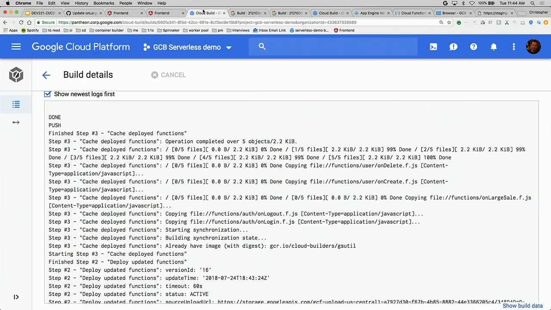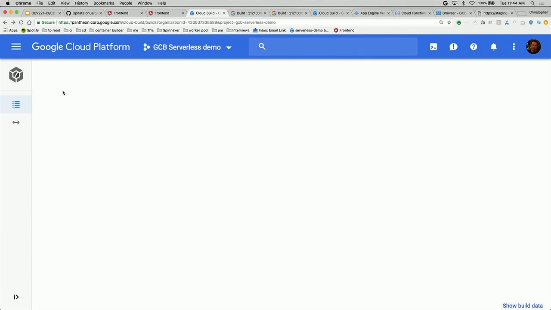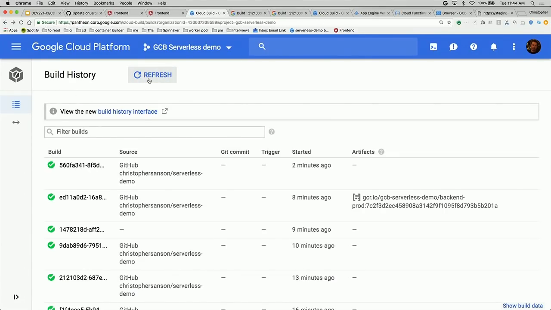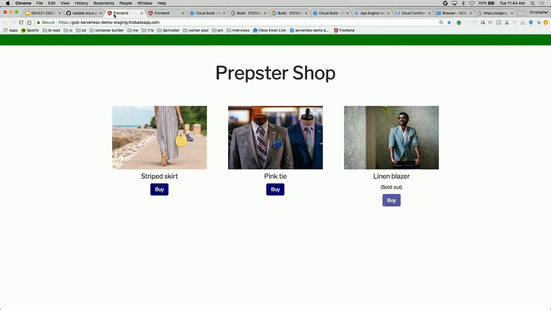So now this is just going to go ahead and roll out to production. And our CEO will successfully get all text message updates and be able to celebrate our wins with our team. Great. So that's more or less our demo. As a developer, I was able to pretty quickly and easily, in about 10 or 20 minutes, push changes out to Firebase, App Engine, and Cloud Functions with little to no effort outside of just doing a simple git push deploy. So if we go back to the presentation,